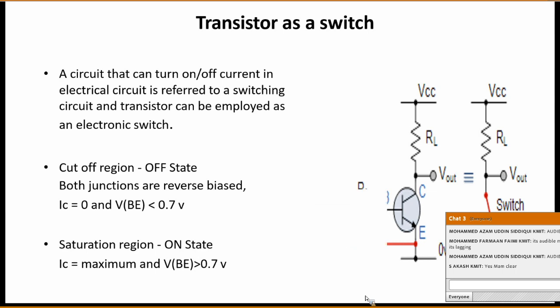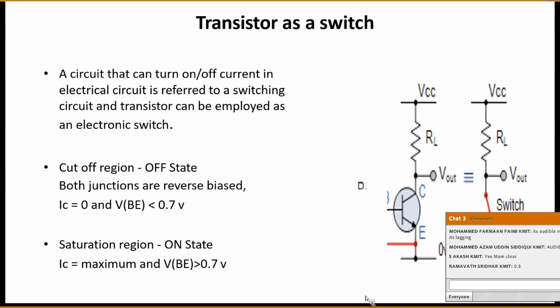If the transistor is operated under saturation, what is its output? What is the value of its output under saturation? The output will be equal to... yes, somebody answer. When the transistor is operated in the saturation region, the on state, the output is equal to VCE sat, that is 0.3 volts. For silicon we are saying this, because in general we talk about the silicon NPN transistor. So it is 0.3. Why only one person? What about the rest?